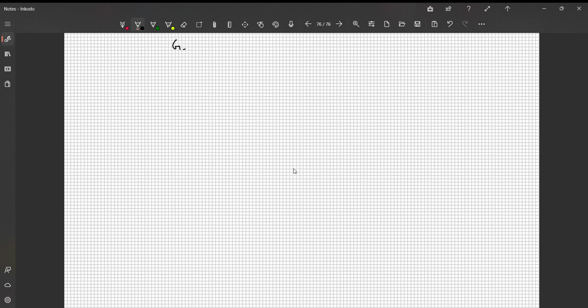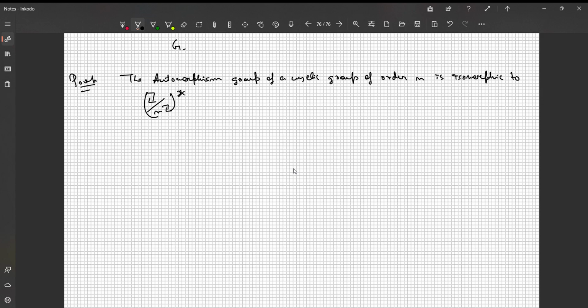So let's move on to a proposition. The proposition says that the automorphism group of a cyclic group of order n is isomorphic to Z mod nZ star, an abelian group of order phi of n. So Z mod nZ star basically consists of those elements, those whole numbers from 0 to n